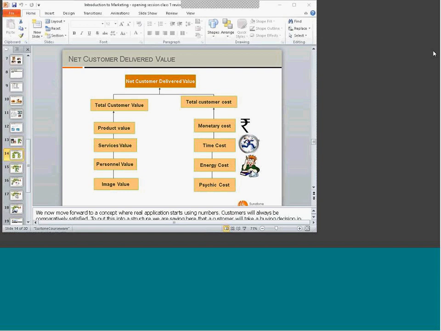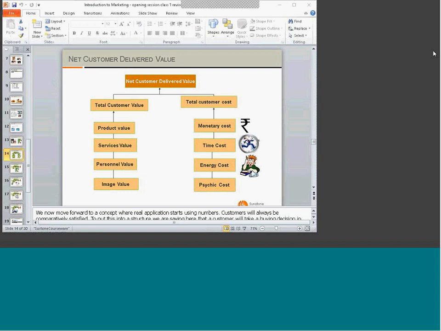Related to that time cost is an energy cost. You spent time to do all this; you spent energy to do all this. For you, energy cost and time cost may be the same. For an old man, the energy cost can be much higher. The effort is more difficult and many people may not want to make that effort. So there is energy cost.